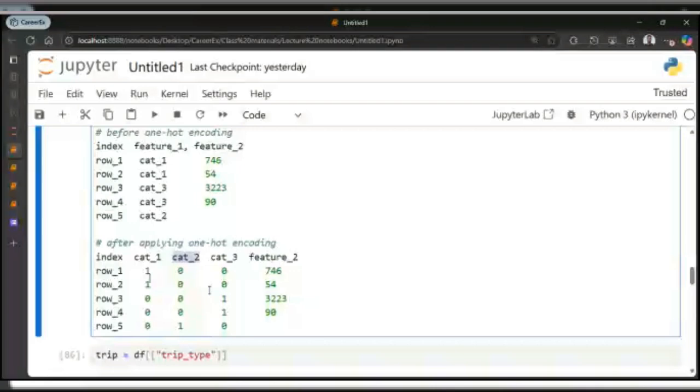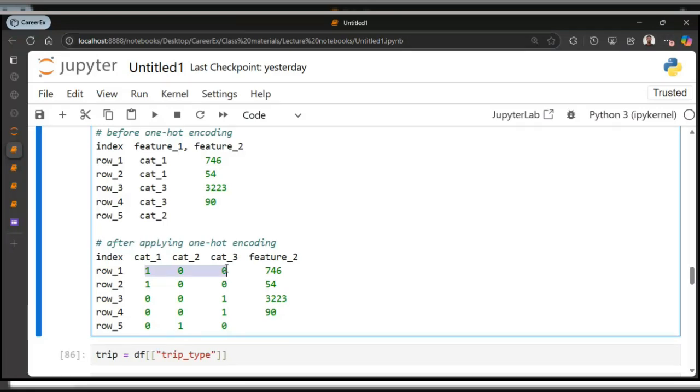So for every row for that particular feature, you would have only one column that has the value of 1. In this case, category 1 has 1, and the remaining columns are 0. Once this one is 1, the rest will be 0. Once this one is 1, the rest will be 0. This one is 0, 0, then the last one will be 1.